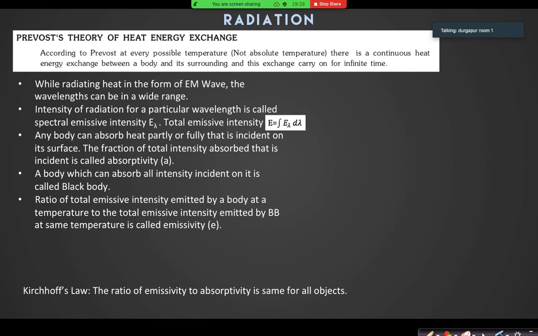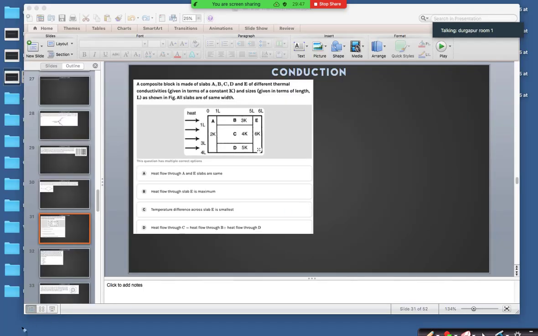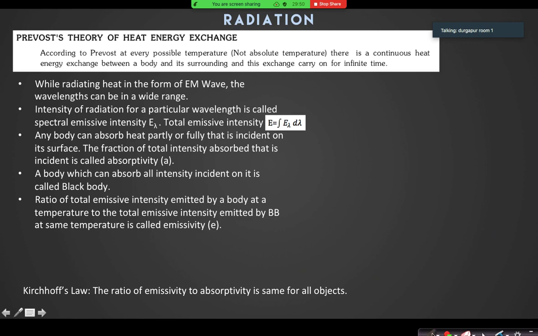What is radiation? As I have already told you, radiation is the heat transfer by electromagnetic waves. So let us start radiation with Prevost's theory of heat transfer. Prevost says that if there is any particular body, suppose this is a body